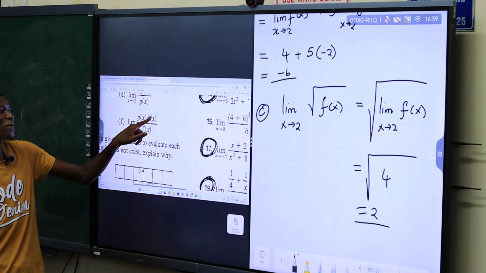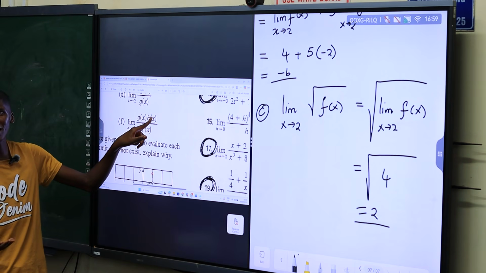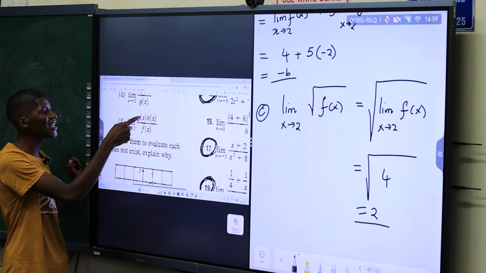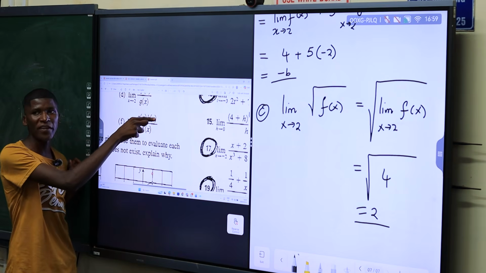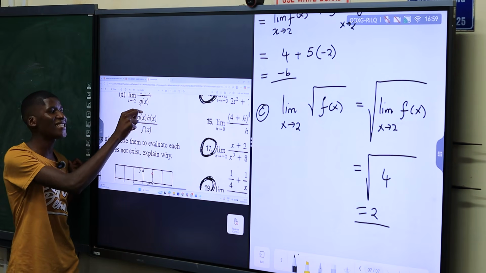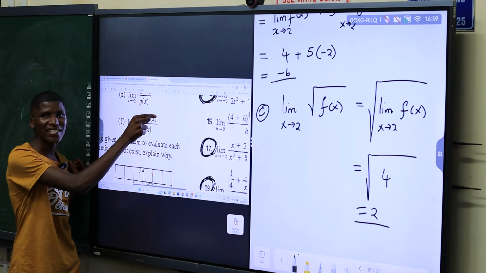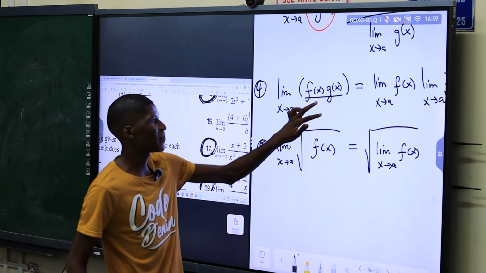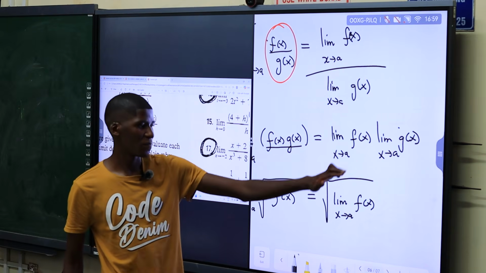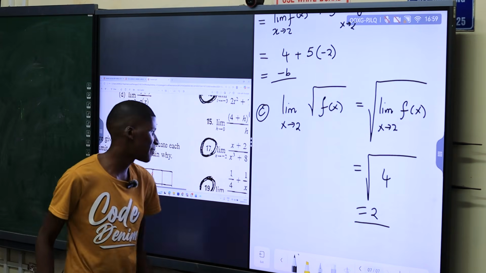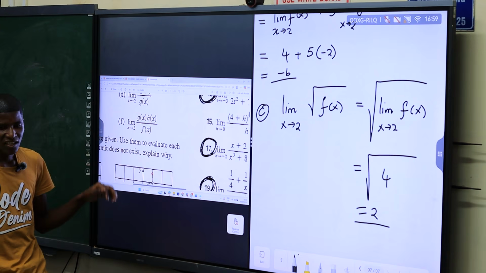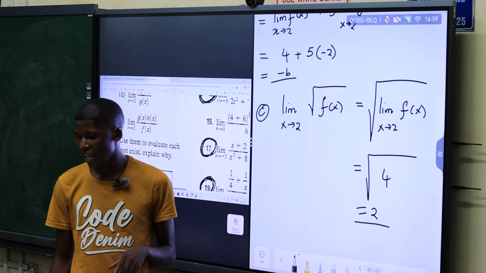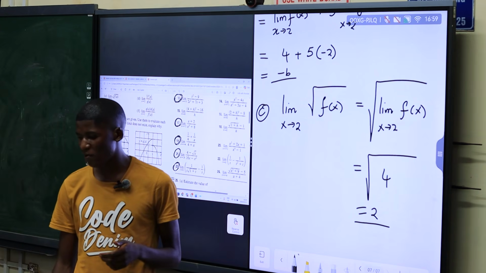Because the limit of a product is the what? The product of the limits. So the limit of g(x) times h(x) is the limit of g(x) times the limit of h(x). You just express them using the laws. That's simply it, so know how to explain that. And these algebraic problems we have already done them.